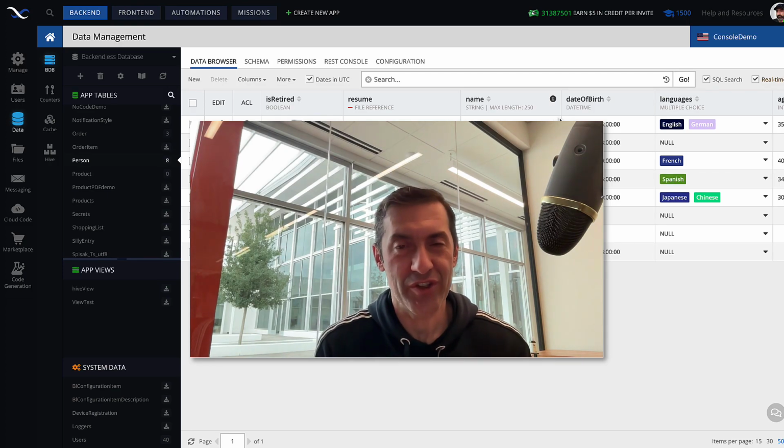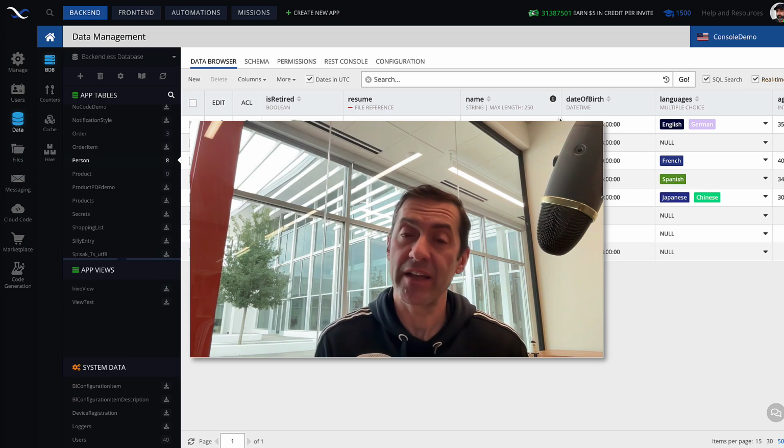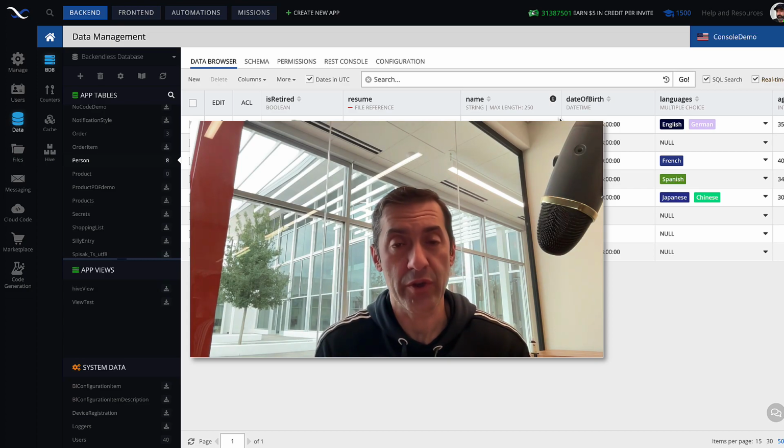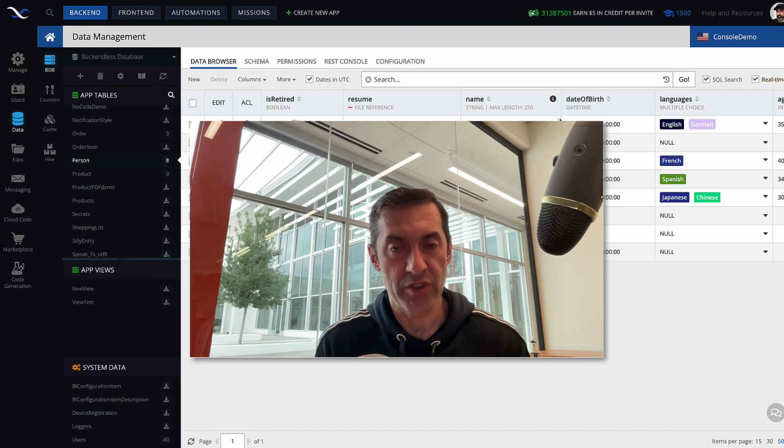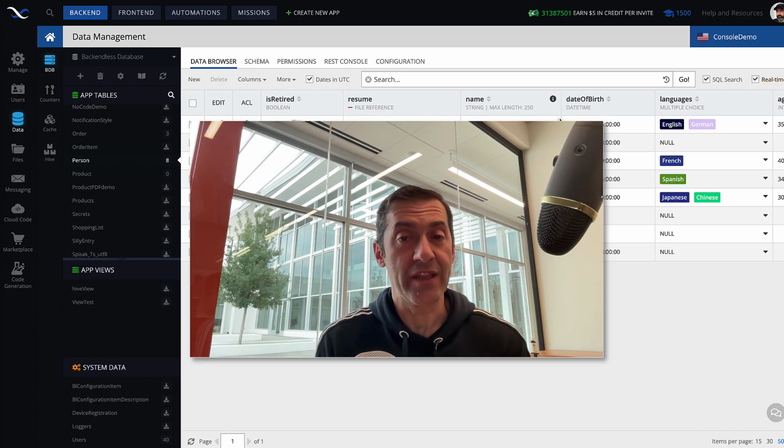Whenever you store JSON in the Backendless database, the API we provide gives you an ability to do data retrieval based on the data that is in JSON. That means that you can retrieve database records and in the query reference specific fields in the JSON values stored in those records. Same thing goes for updates. You can actually modify portions of the JSON documents stored in the individual records using the API. All of that is described in the video that is referenced on your screen.